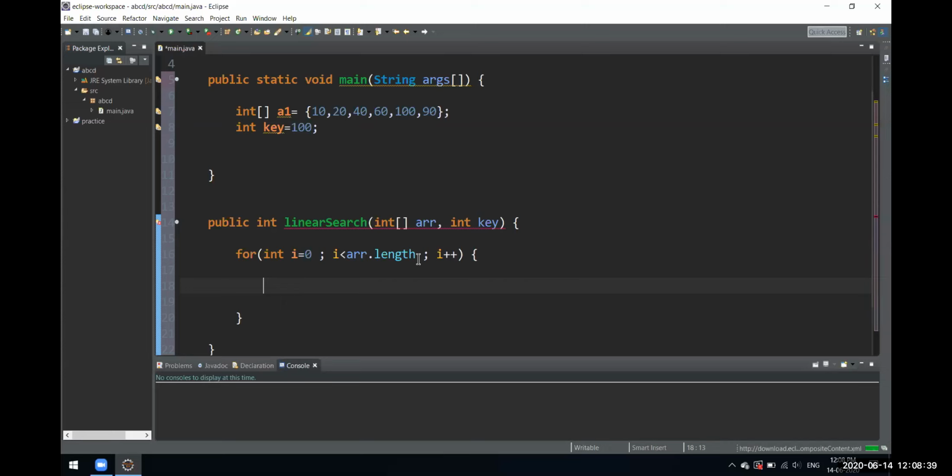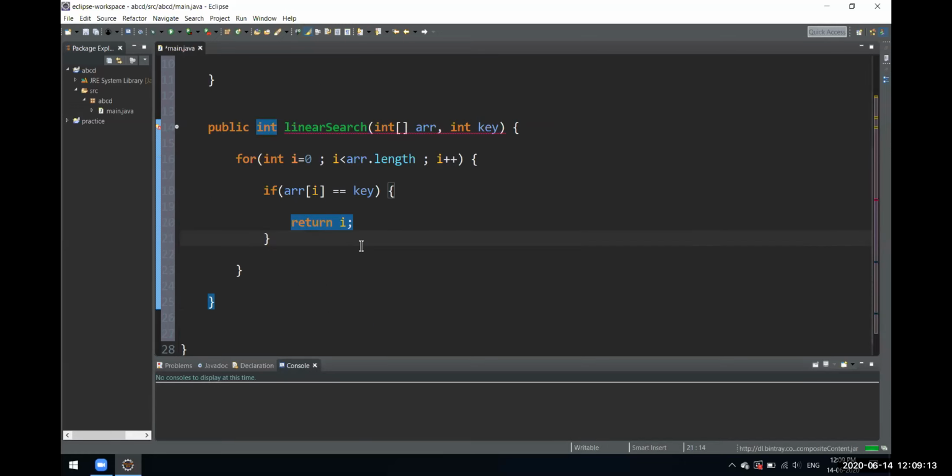So let's have an if condition: if the array's ith element is equal to the key that we are passing, then we'll return that particular value of i at that point.